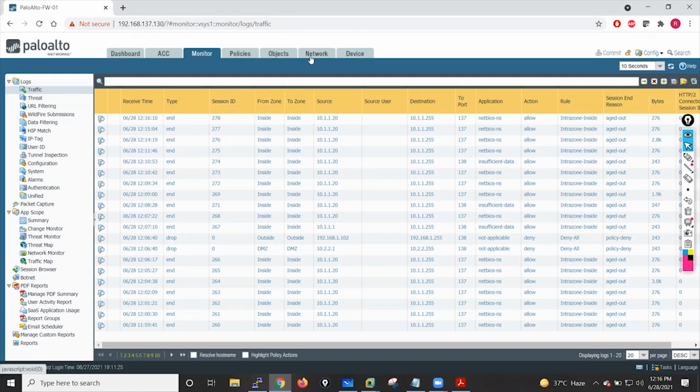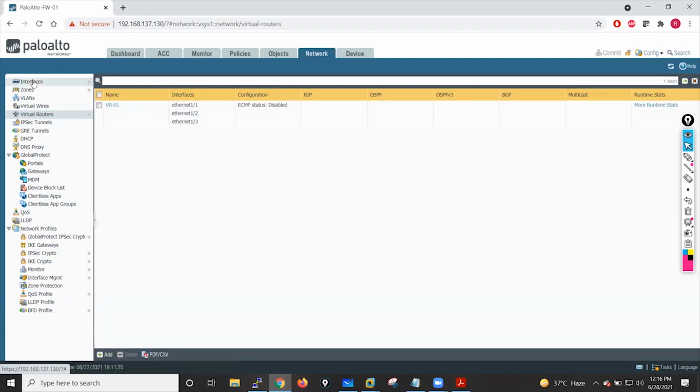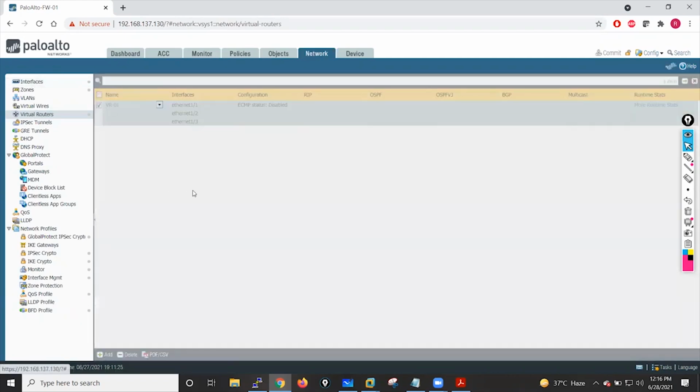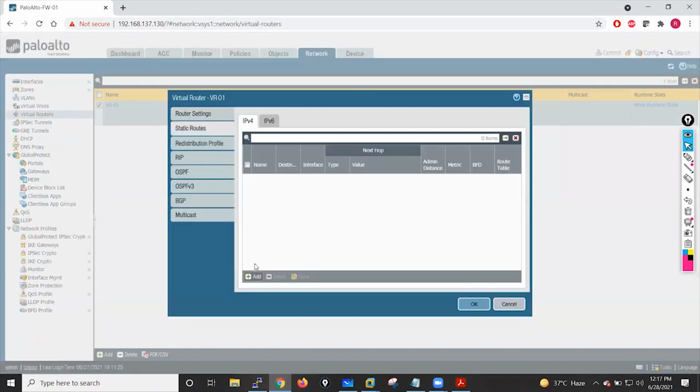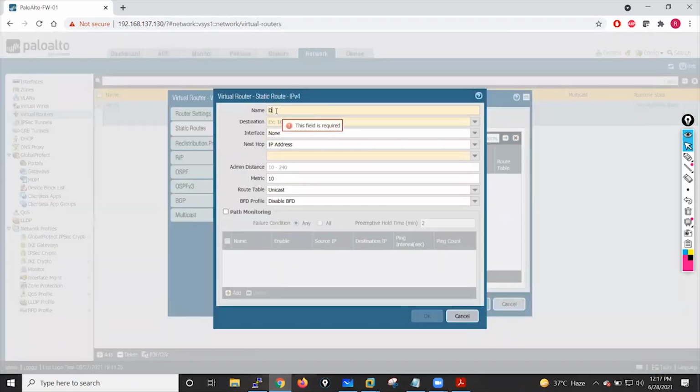Okay, I also need to do one thing because I have removed the route as well. So let me just add the default route. After that, I just want to show one more thing here. Then only these DNS requests and everything will be resolved. The destination is 0.0.0.0/0, interface Ethernet 1/1,